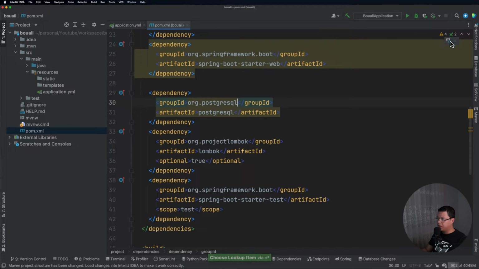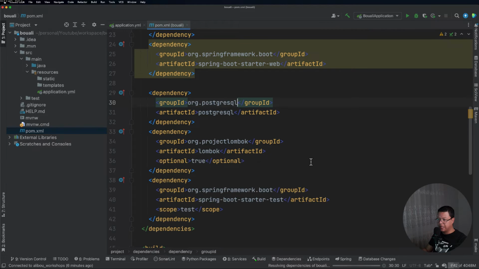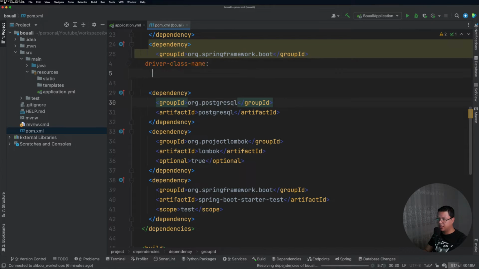This is what we need. Now let's just reload the dependencies by clicking on that small icon, and then Maven is resolving the dependencies. It will be ready in a few seconds. Let's go back and finish our implementation.